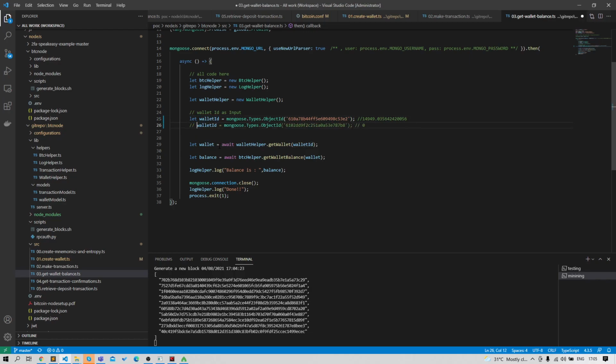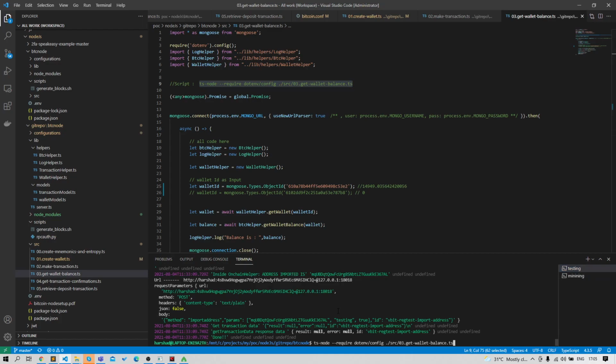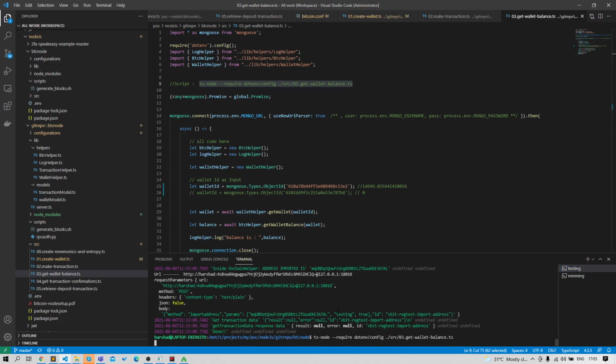Comment this line and then run this file to get the balance of our first wallet.